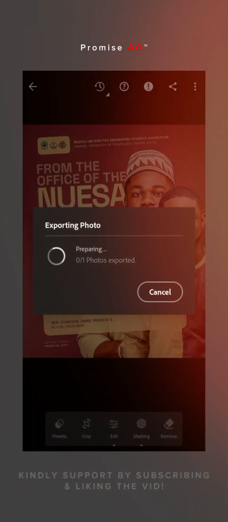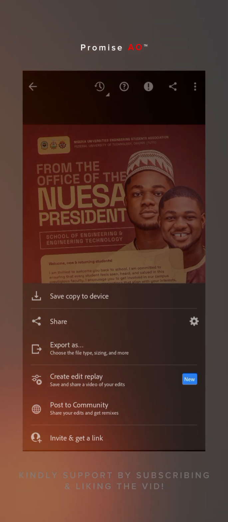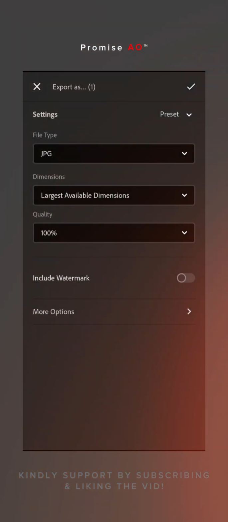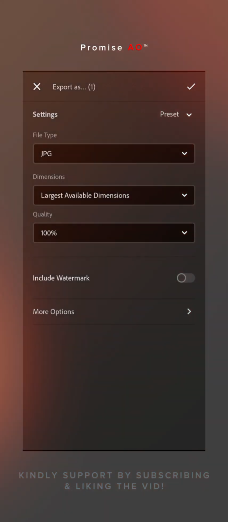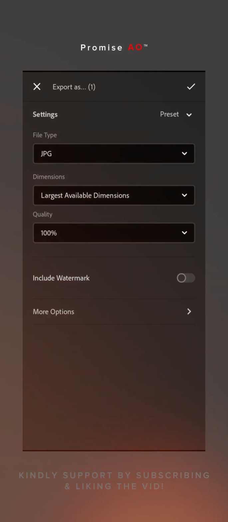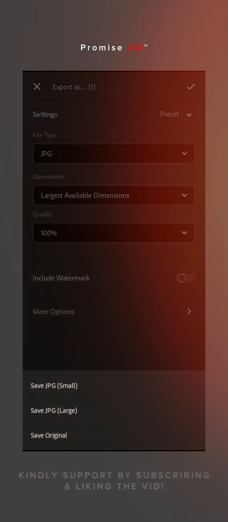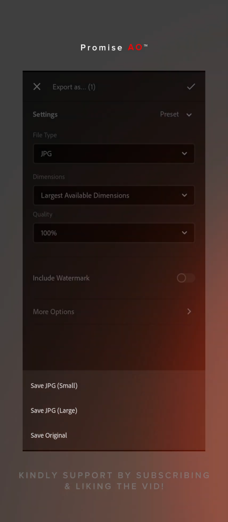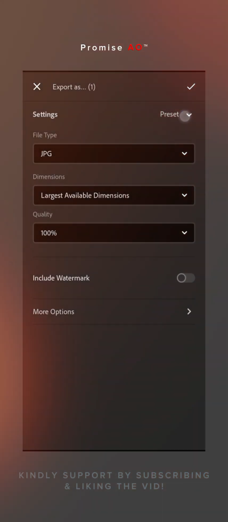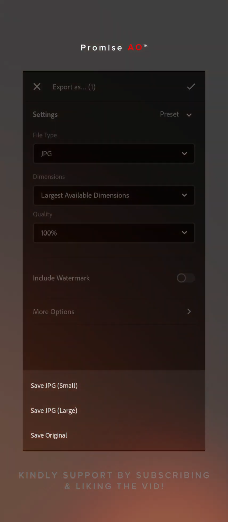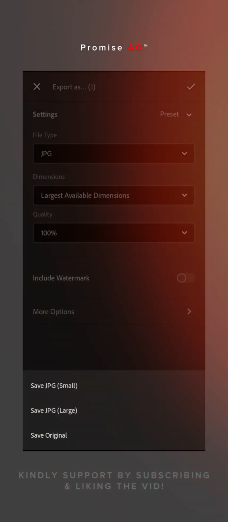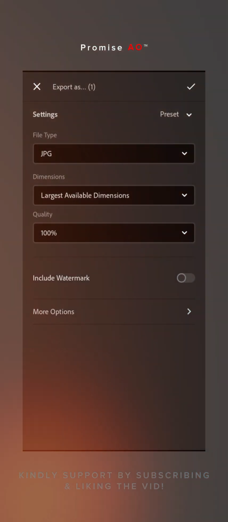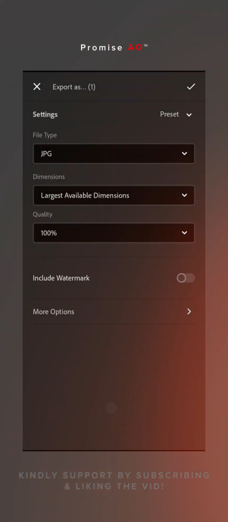Wait, sorry, let's go back there. So now you can choose to click the top button, that is the plus, and everything is saved. But then let me show you something. When you click this preset now, you see save JPEG small, save JPEG large, save original. Let's go with save original. As you can see, it's on